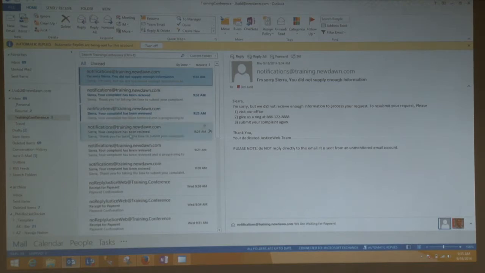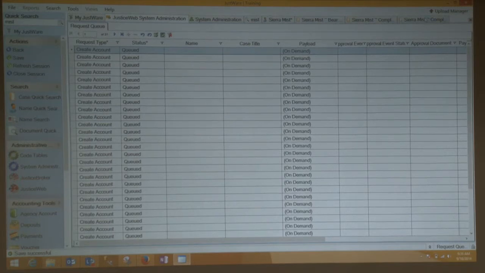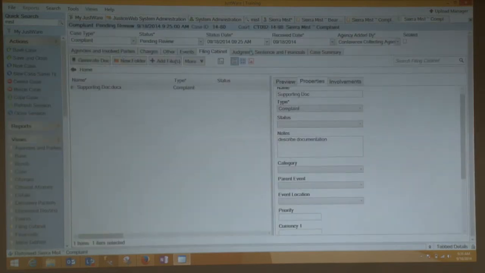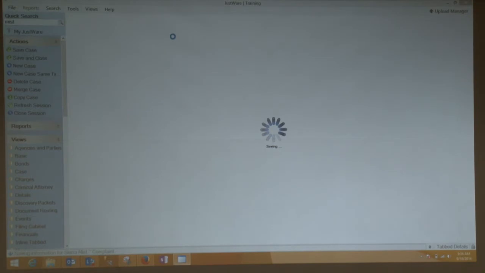And we are getting to the point that we want to look at some business rules, how those fire off. Okay, so the case gets created, we can have different things fire off. So let's do that. We can do that with the complaint. So once the complaint's in there, as it progresses through, we may have a sentence, we may have financials that are added. So we may have a filing fee here that we want our individual to pay. Once that's there, we can